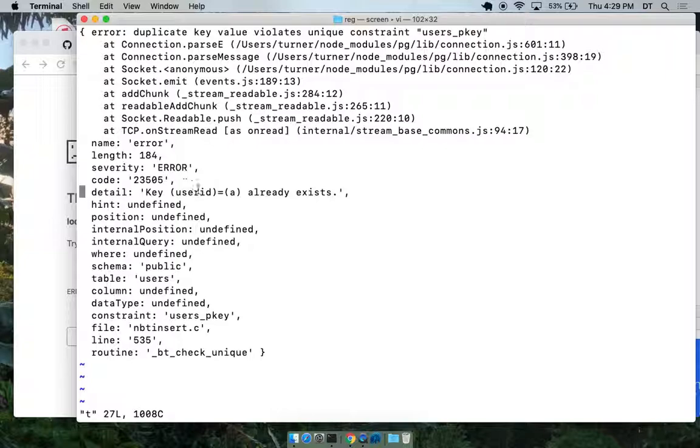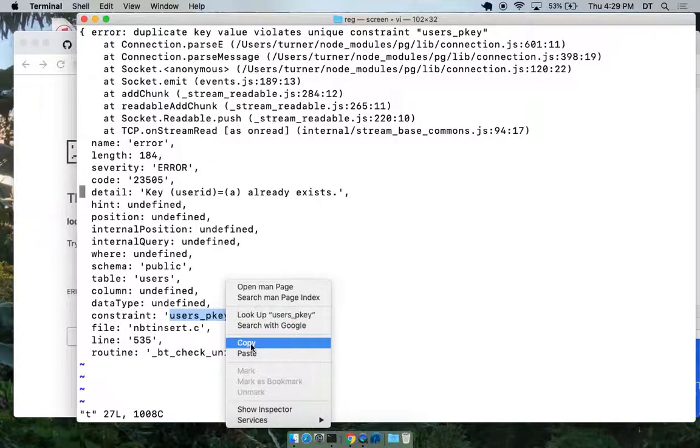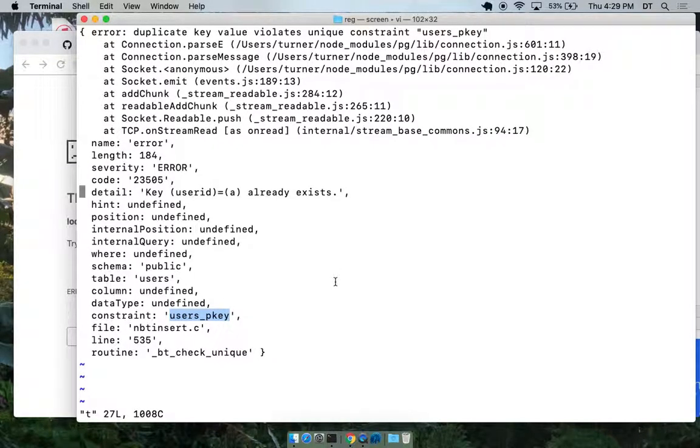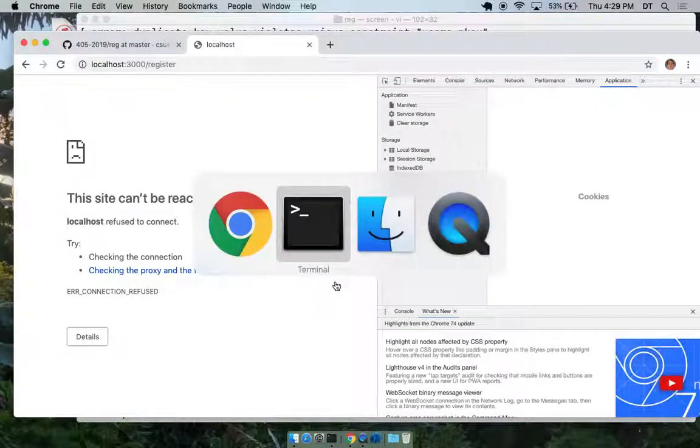But see, in the detail, it tells us this. So let's see, hint, position. All this information is what we can take out. Oh, here's the constraint, users P key. Look at that. So we can do it like that and get it like that.